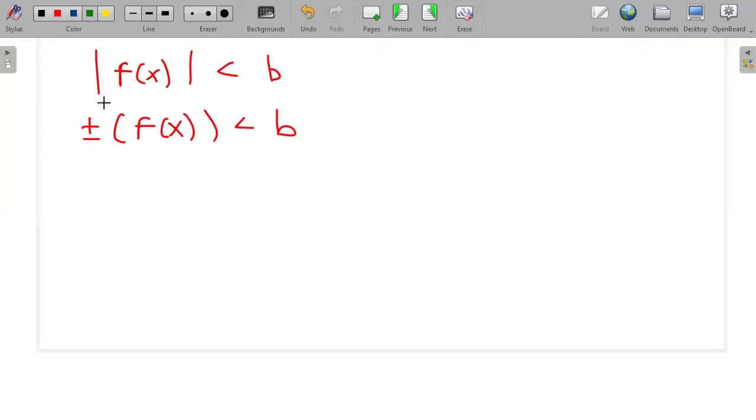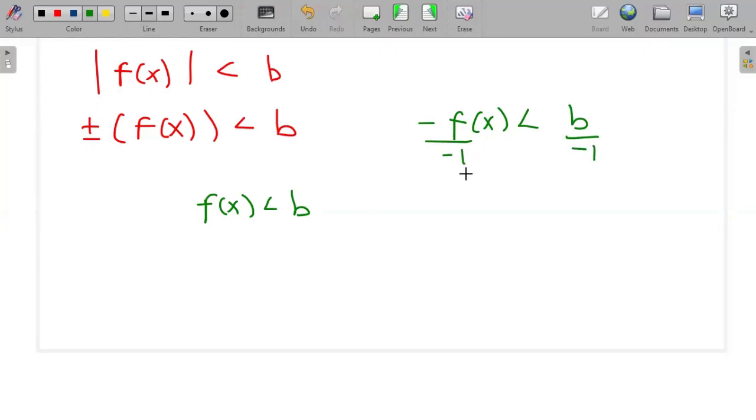From here, I'm going to multiply this f of x with the positive first, so I get f of x is less than b. If I multiply with the negative, I get minus f of x is less than b. The function should not have a negative, so I divide by minus 1. Here the negative goes, but because I've divided by the negative, the inequality sign changes direction. So this less than becomes greater than